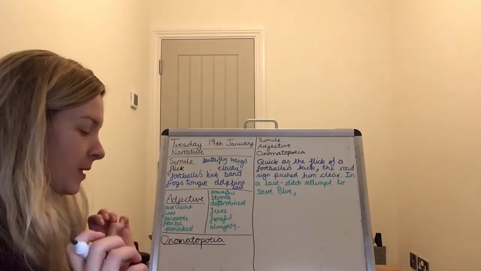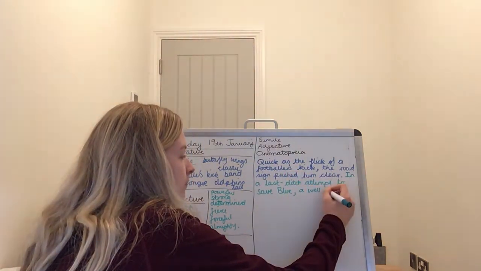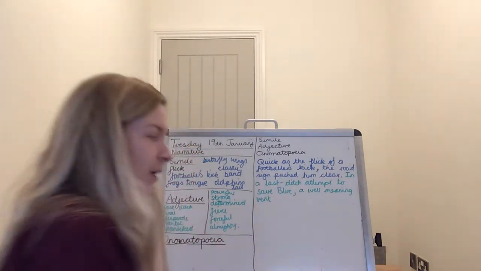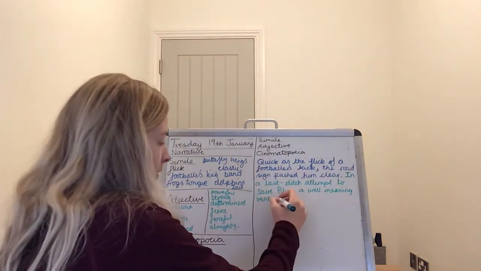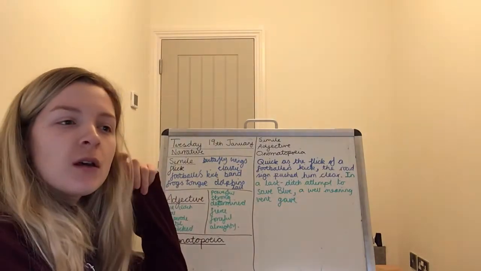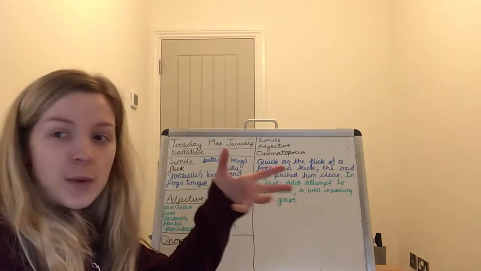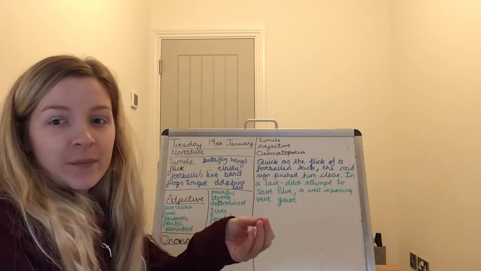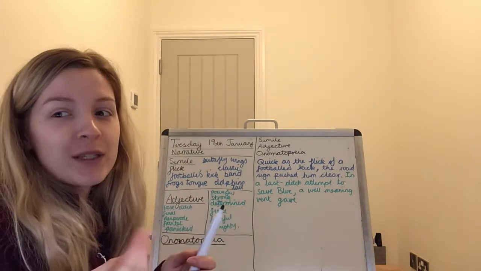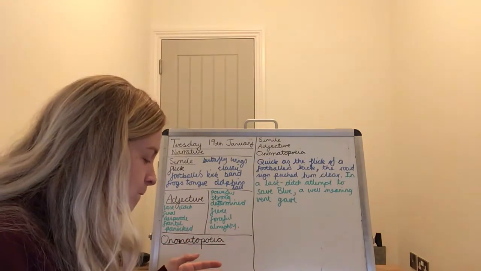In a last-ditch attempt to save Blue, a well-meaning vent gave. The reason I've written a well-meaning vent was because I want the reader to know that this vent, like much of the other parts of the environment, was really trying to help, wasn't he? But did he end up helping? Didn't really look like it, did it? He kind of put Blue into more trouble. So he meant well, but it didn't work out. So a well-meaning vent